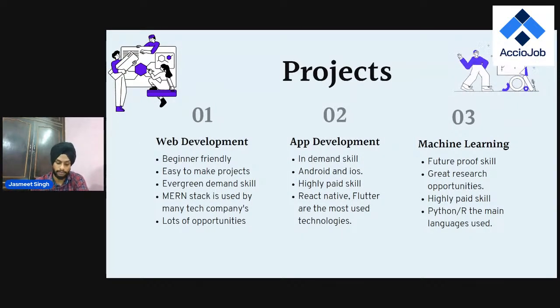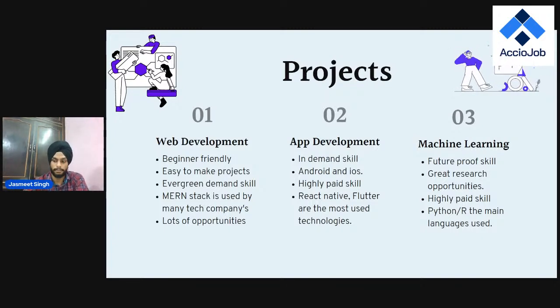Okay, so I have a question: what beginner projects should we make, right? So I will explain in brief. For web development at a beginner level, you can start from HTML, CSS, and JavaScript. Try building some projects that use these technologies, and for a beginner you can build a to-do list, a calculator app, a gallery app, right? These will help you build your concepts. But when you are appearing for an interview, these projects are not considered good because these are quite generic projects. It's just for learning purposes.